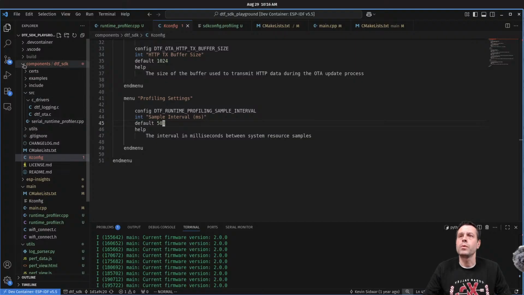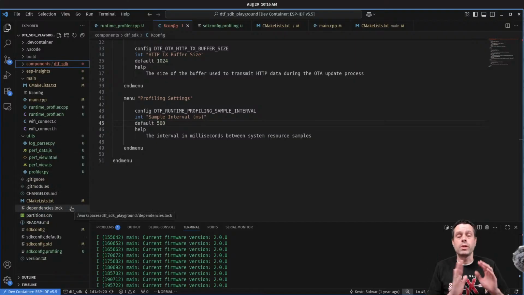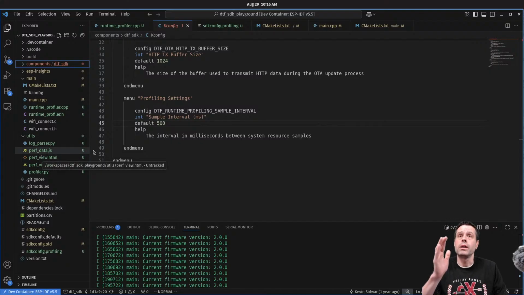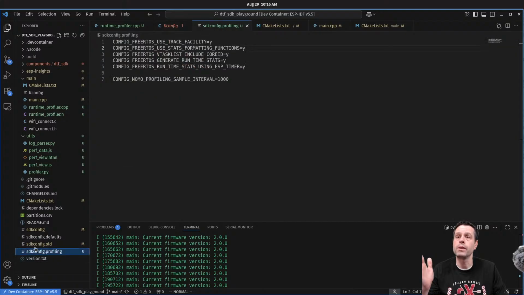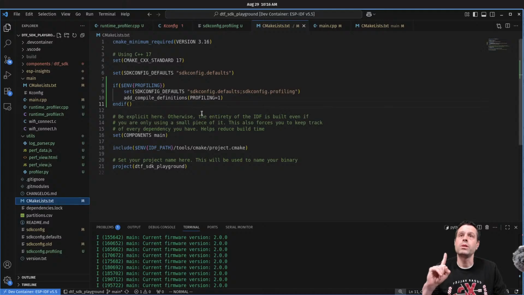Let's, what do we want to talk about next? Okay, so a couple things here. We've got a #define of how this all works if profiling is defined. And so the way we build this, if we come back down to SDK config, well, let's come to the CMakeLists first. Okay, so CMakeLists, ignore this for a second because this is the additional changes, but this is what's in your default run-of-the-mill